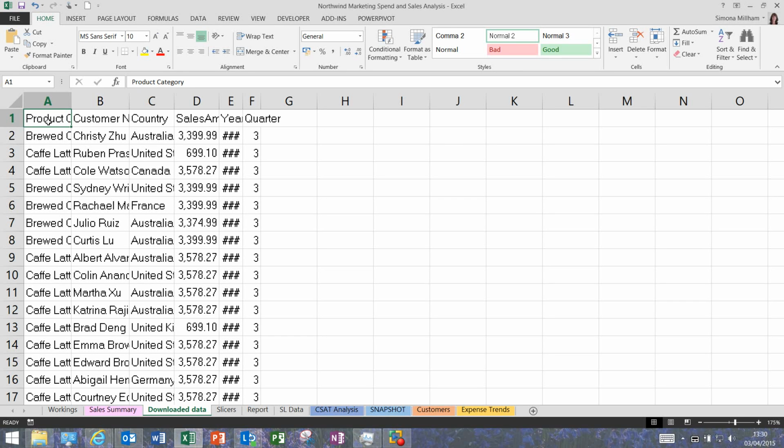Now, quite often, if you're bringing some data into Excel from some external data source, it will end up in Excel looking really quite ugly, because raw data is ugly. So you might need to spend quite a bit of time tidying it up, getting ready to analyze it in Excel. So what I would always suggest you do is to click in your data and choose Format as Table